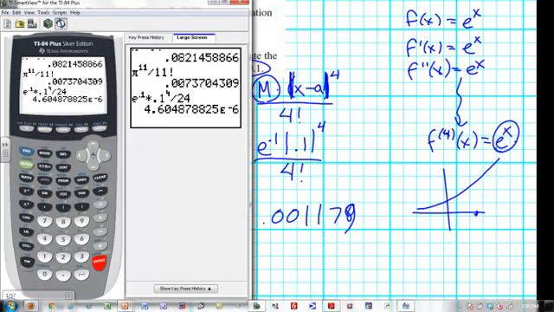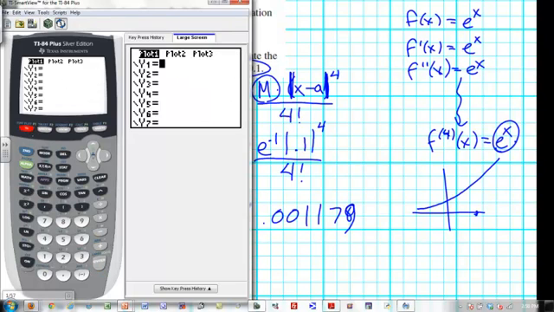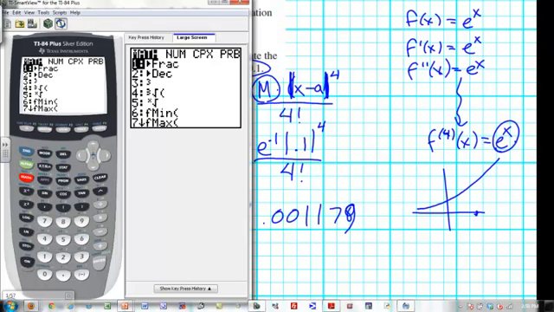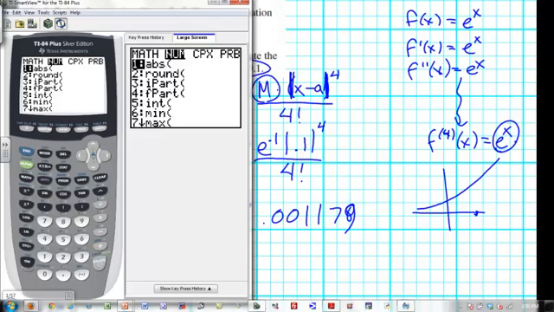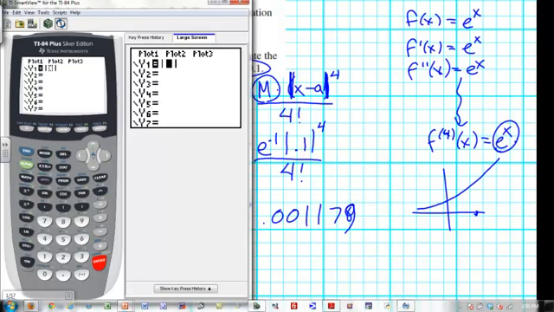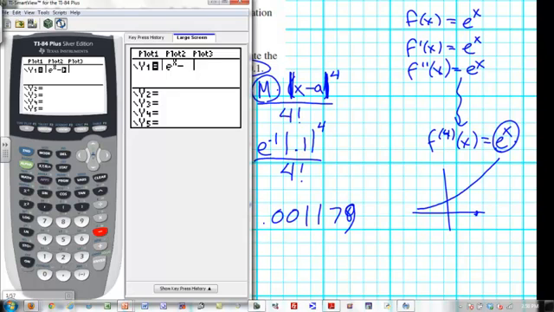Let me graph, let me map the error, which would be the absolute value of e to the x, that's natural log, second e to the x, there we go, e to the x minus, and then what did we have? We had the first four